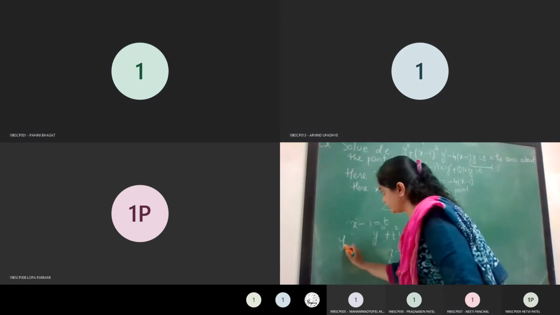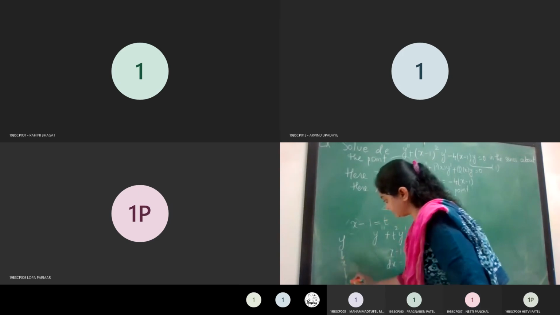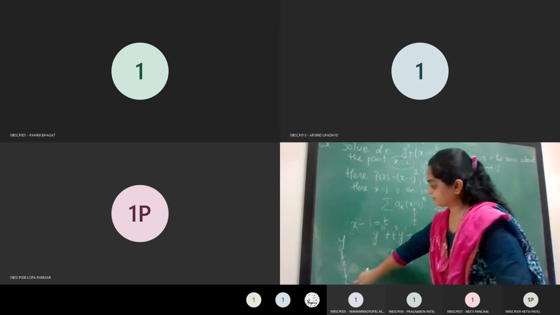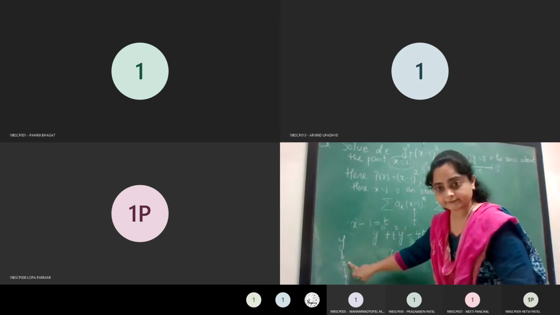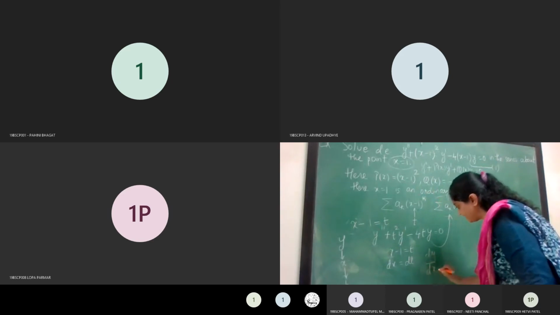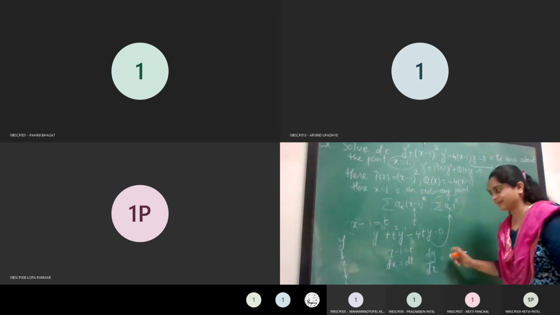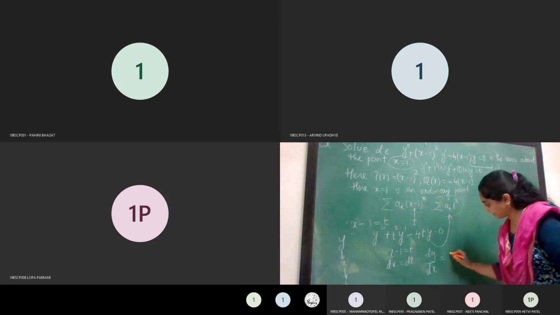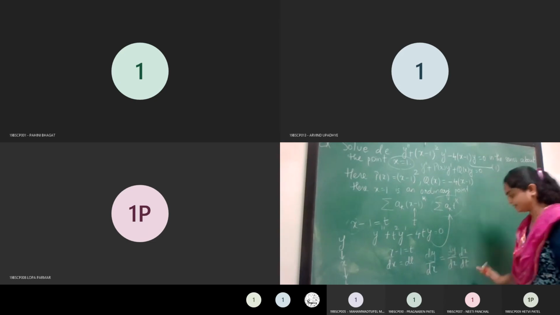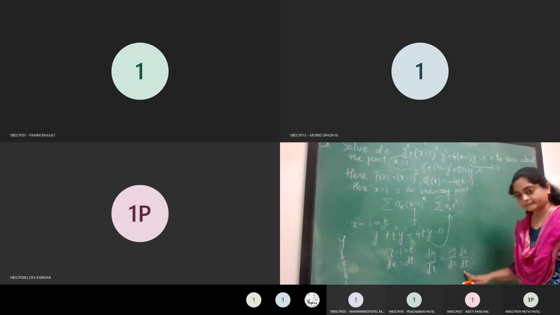y is a function of x. x is now a function of t. t is equal to x minus 1. Therefore, t is a function of x and y is a function of x. Therefore, while considering dy by dx, I have to apply the chain rule, if you remember. And applying the chain rule, I have to write this as dy by dx into dx by dt. Am I right? Are you getting this point?